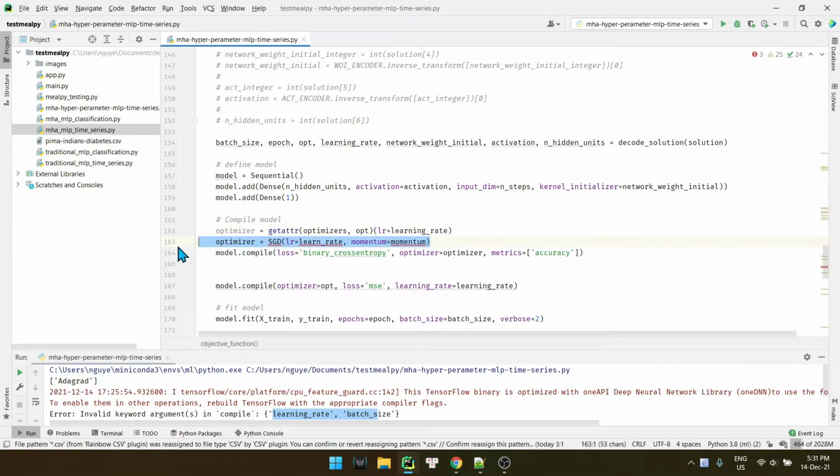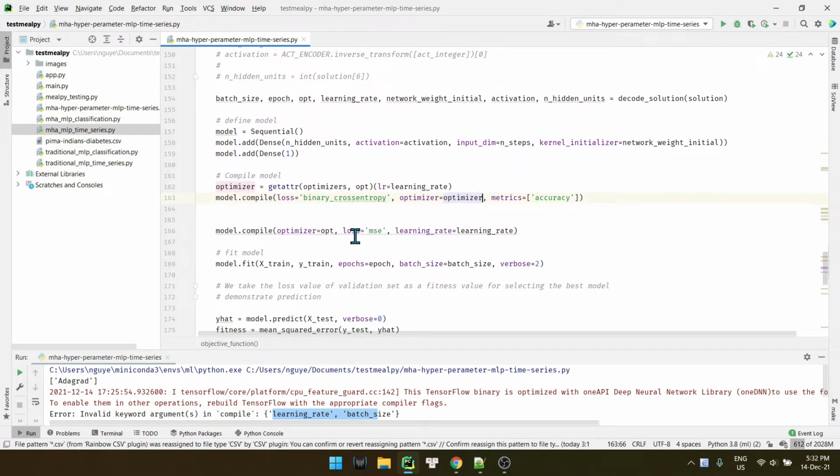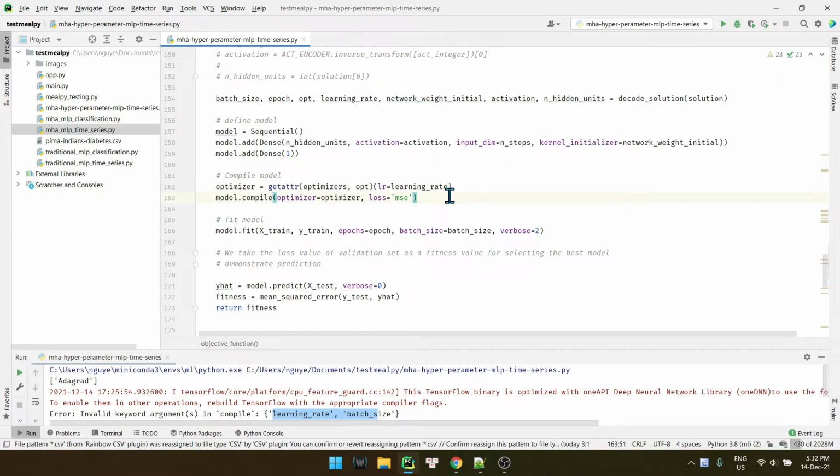Alright, and then we pass the optimizer into this one right here, and we actually don't need learning rate right here. Okay, so I think that will work. Let's try.